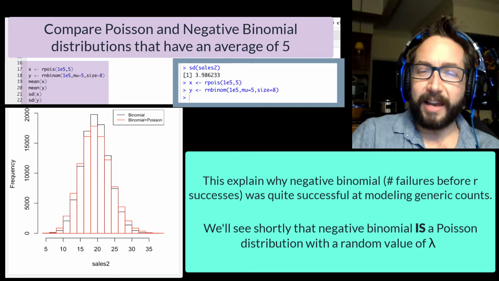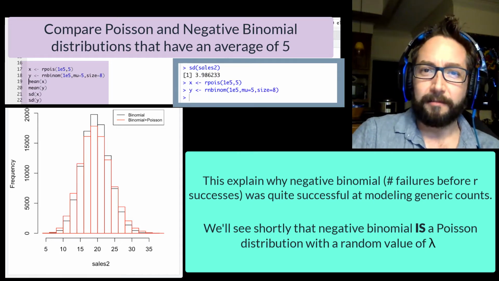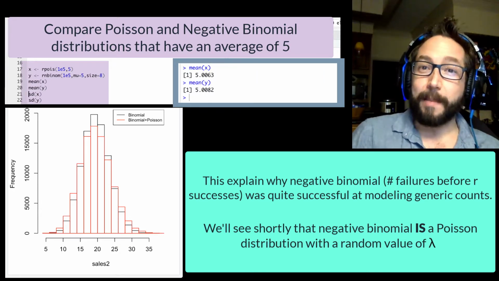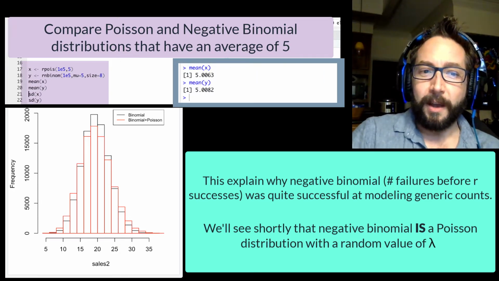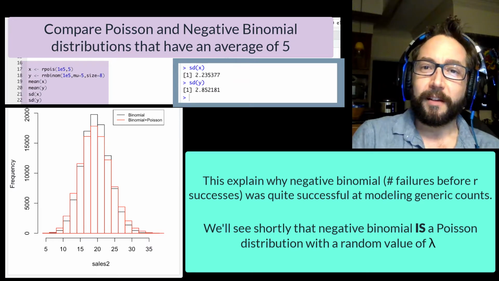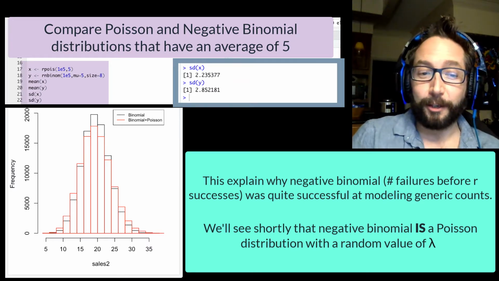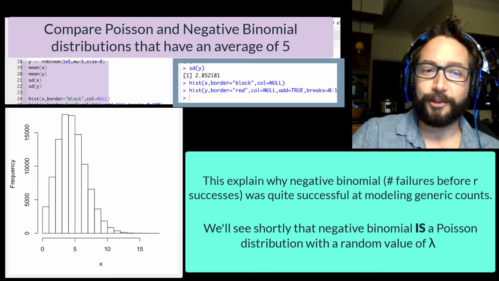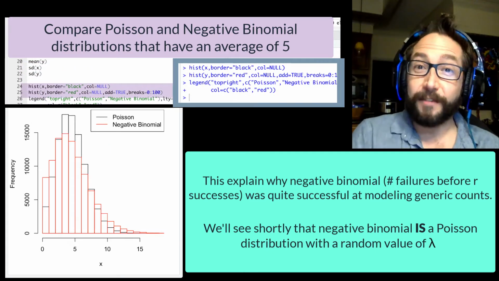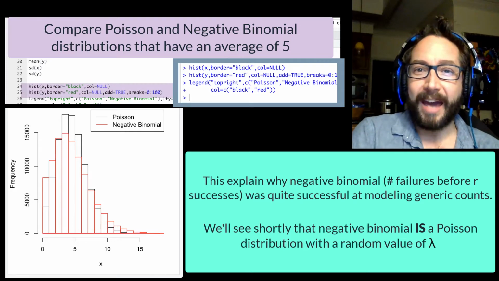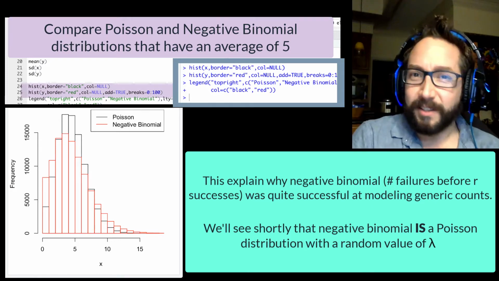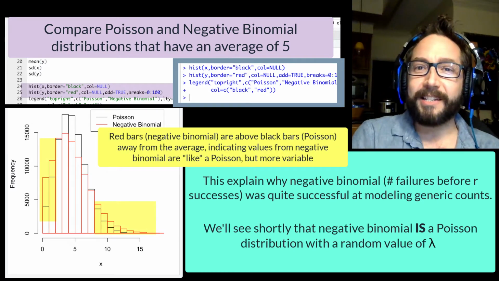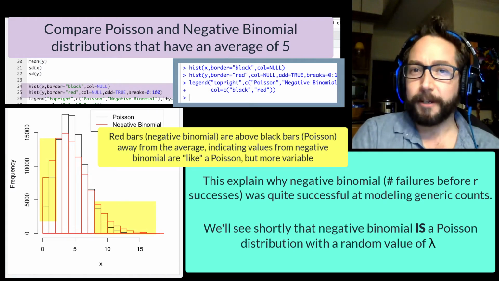Well, if we generate x and y to be Poisson random numbers and negative binomial random numbers, we can have the same average for both of those distributions, but the standard deviations of the two can differ. For the negative binomial, a little bit larger. Comparing those histograms, we can see a very similar effect here, like when we added the Poisson randomness to the number of calls the telemarketer was making. That negative binomial in this case is just a little bit wider, a little bit more variable than the Poisson distribution,